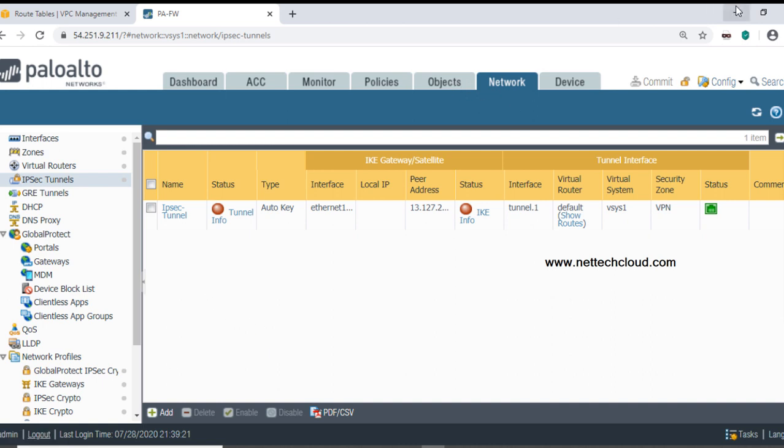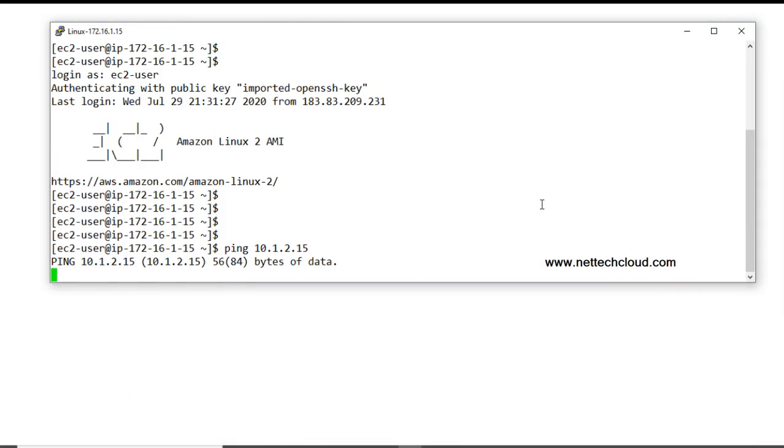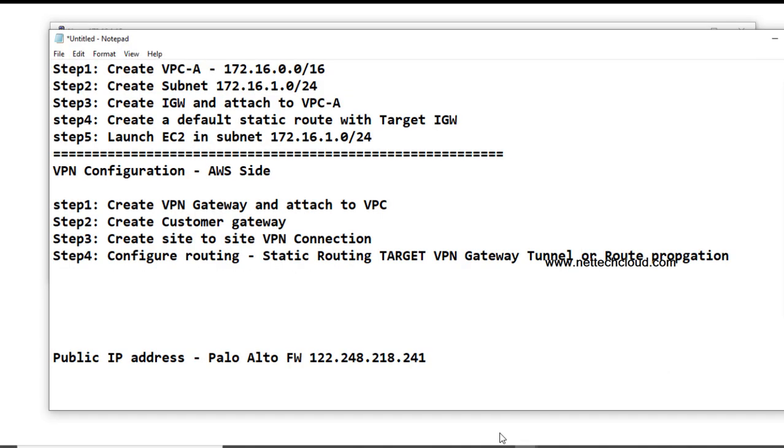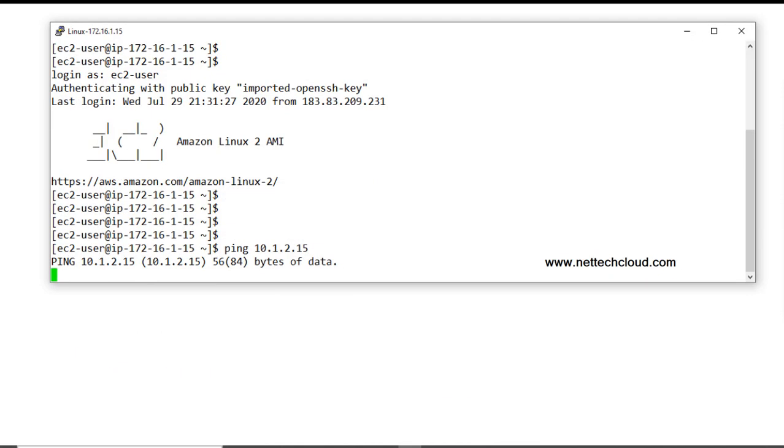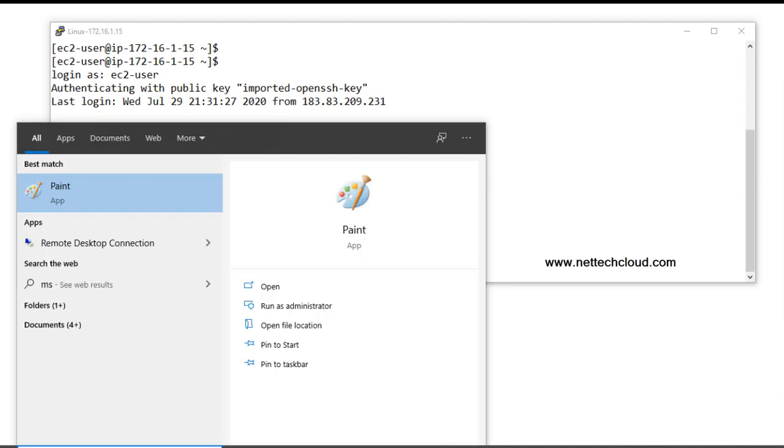All right, so let me access the Windows machine also, and let me initiate traffic from the Windows side, the Windows 2019 server. So I'll click the RDP, and by using the same IP, I can check the RDP because NAT is configured there. So destination NAT.